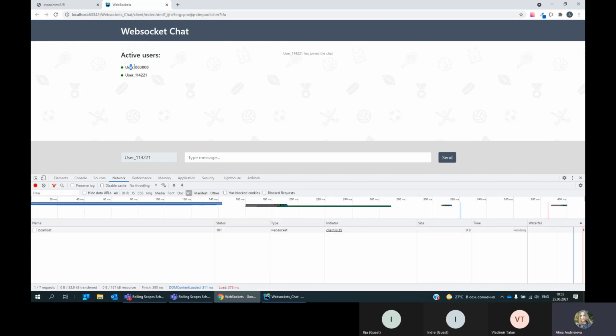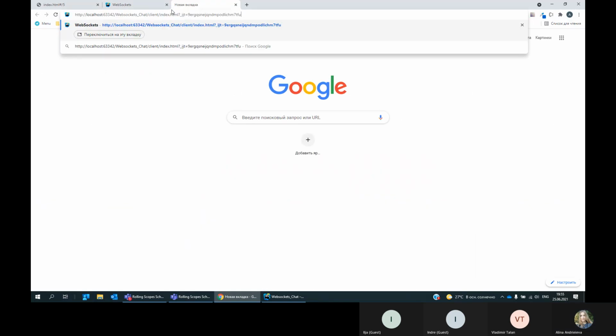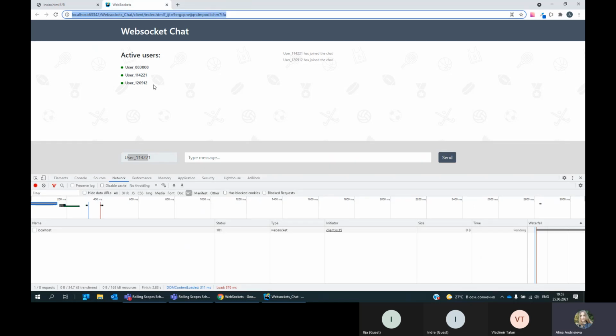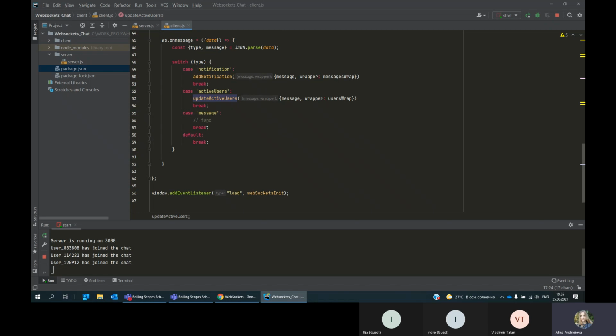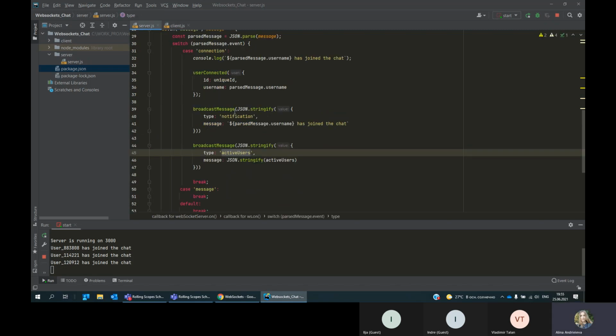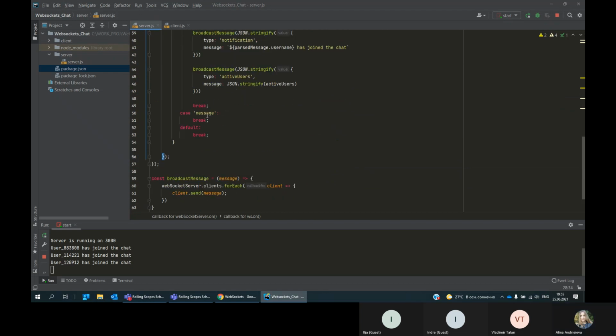Okay, let's try. Oh, we see that now there are 2 users here. And now we see 3 users with the names. Why we see 3 users? Because when user disconnected, we don't have an event for this, and we also need to handle this event and remove user from active after this happens. Let's try to implement this logic. We go to the server and